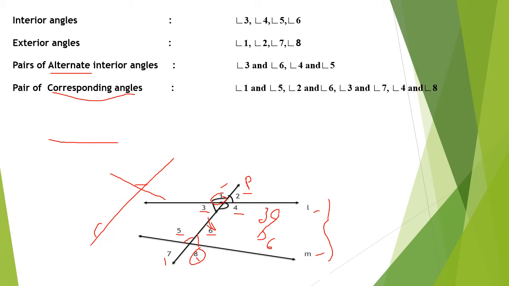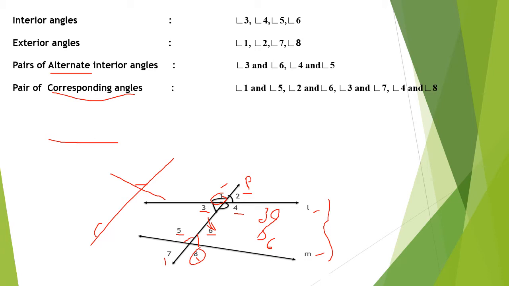These are corresponding angles. So what are the angles we have learned here? Interior angles, then alternate interior angles, then exterior angles, and now pair of corresponding angles. When you learn corresponding angles, many used to make the mistake of confusing alternate and corresponding angles. So if you have any doubt, when I give a figure and ask you to identify the angles, you can draw it separately and write down the answers.